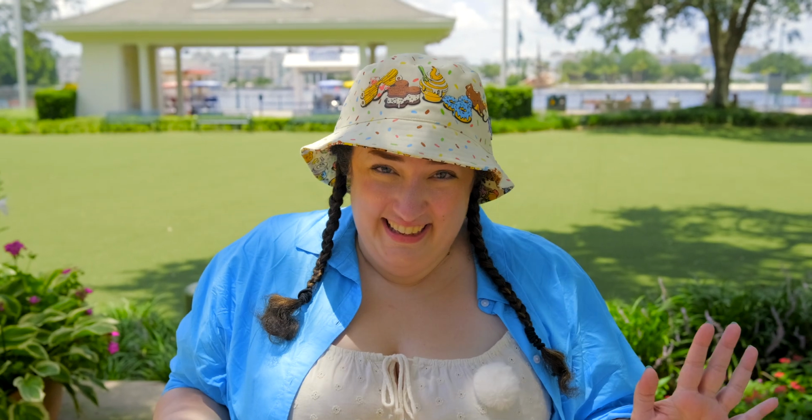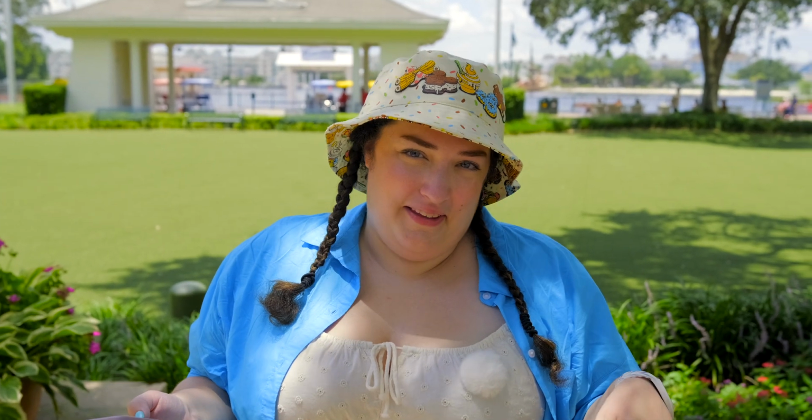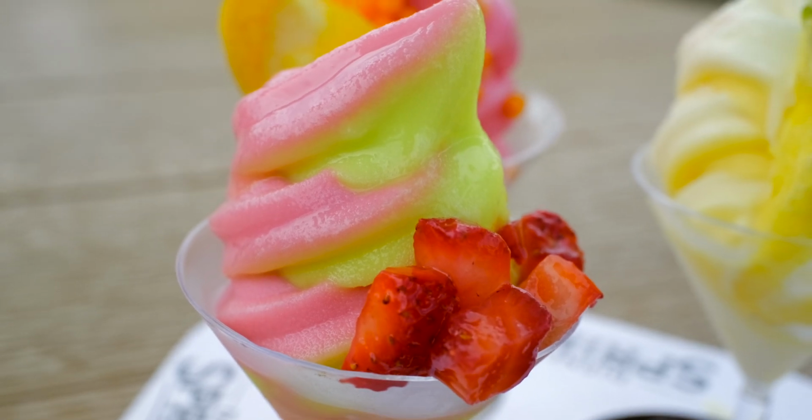Can you believe it? But this one is just a classic. Tastes like pineapple. It's great. I don't think it needs the fruit on top, but I like the way that it looks. It's cute. Next we have the Dole Whip lime and the Dole Whip strawberry swirl, and it has some strawberries